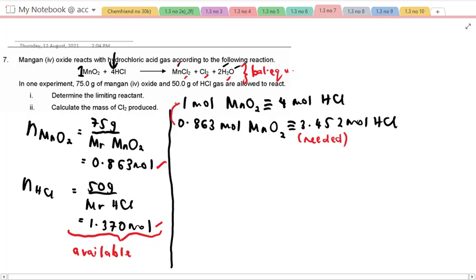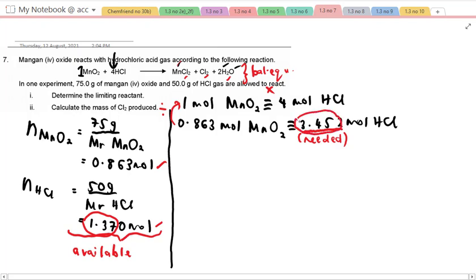0.863 mole divided by 1 times 4. That is how you solve the proportion to get the mole of HCl here. Okay, tadi berapa mole HCl available? Is 1.37. What is the mole needed? Mole needed is